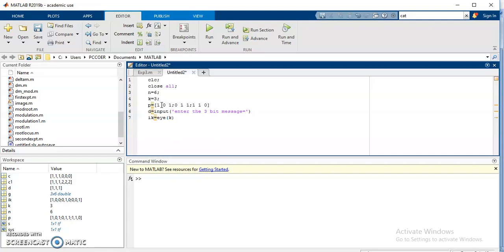So the size of the identity matrix is k by k. Now we will write the generator matrix here. G is equal to, you need to use the concatenate command, cat of 2 comma I suffix k, that is the identity matrix, comma the parity matrix.